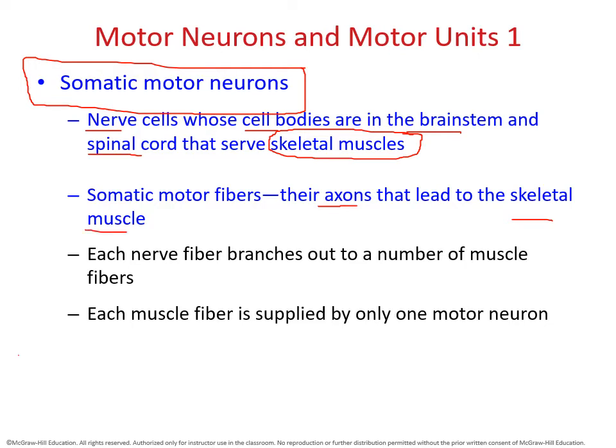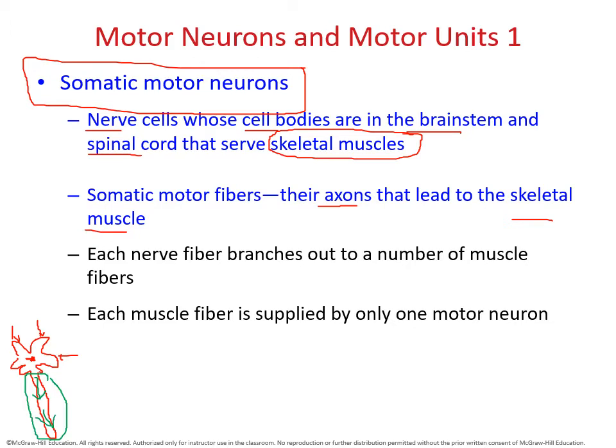So real quick reminder, based on chapter 5, when we were doing our histology, we saw that when you look at a neuron, and this is my best drawing of it, so bear with me. When we look at the neuron, we had the soma, the cell body in the middle. We had all the little dendrites that were able to receive information, and then they had one long axon. Here's the axon. This axon is going to be able to transmit and communicate with the skeletal muscle that it